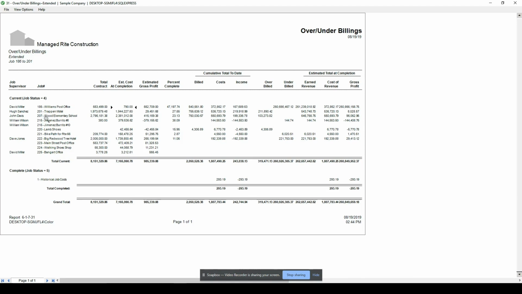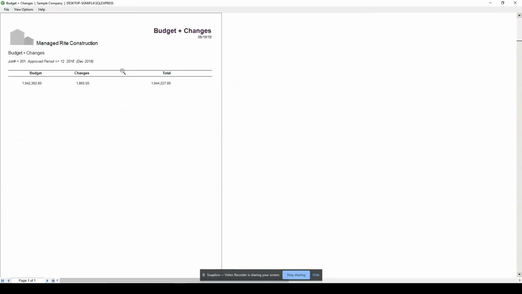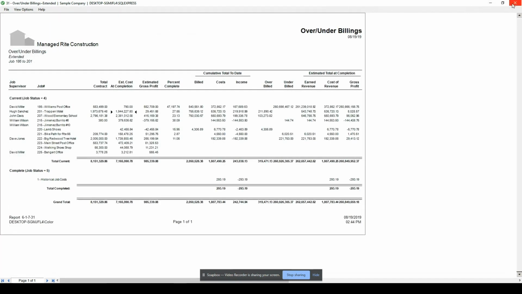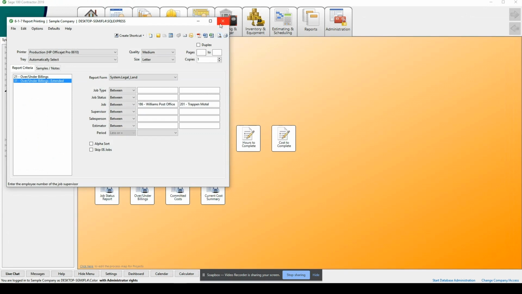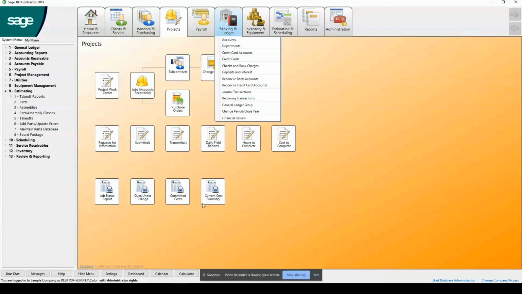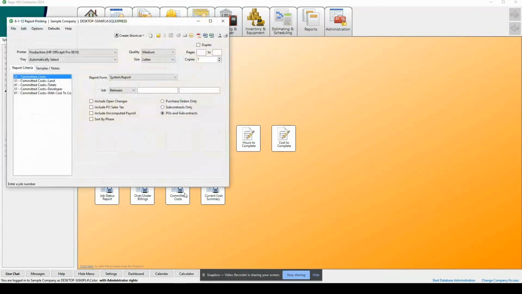Same thing if I'm looking at the job Trap Motel, I'm able to see there is my estimate, there's my change orders, and then here is my revised estimate amount. And I'm running it within a period of December of 2018. So when I don't have my budget in there, it's not only affecting my WIP report. If I was looking at my current cost summary,